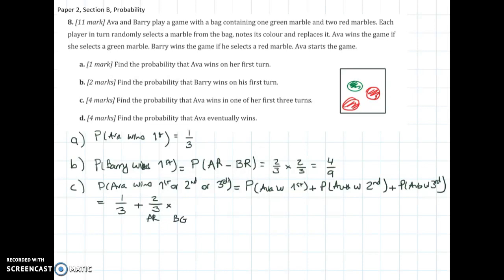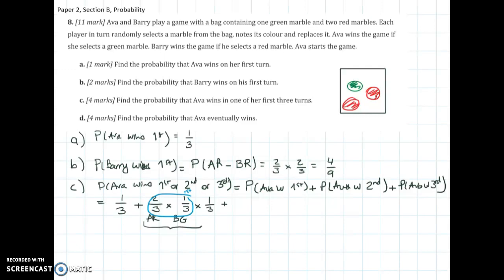So Barry green, that has probability 1/3. And then it becomes Eva's second turn, and she does win, so that has probability 1/3. So this was for the second turn, and if you look at what we have here, this is the first turn,